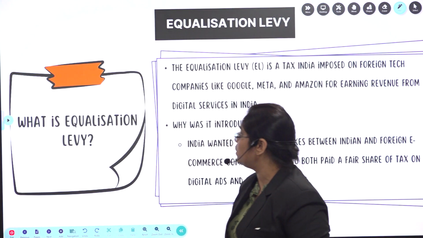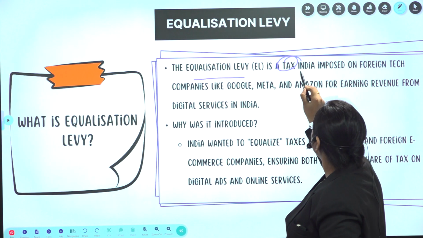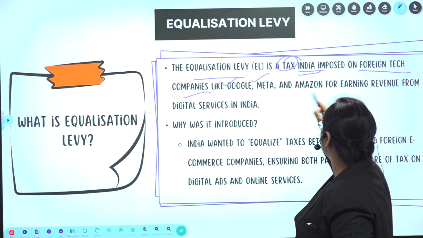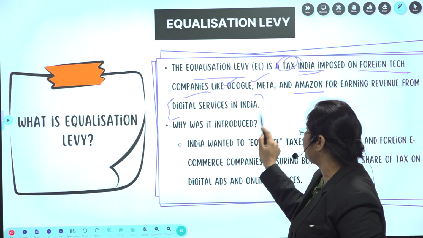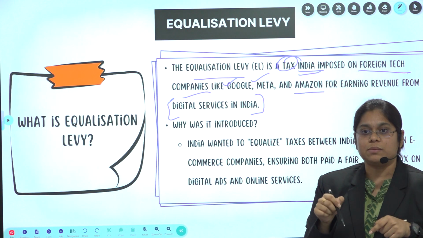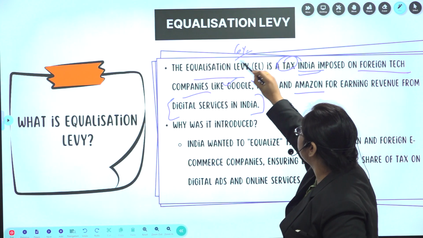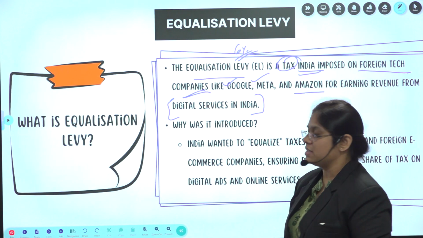Let's see the example now. What is the equalization levy? The equalization levy is a tax India imposed on foreign tech companies like Google, Meta and Amazon for earning revenue from digital services in India, because you are establishing your markets in India, right? So that is why I am charging a 6% levy, that is tax, on tech companies like Google,